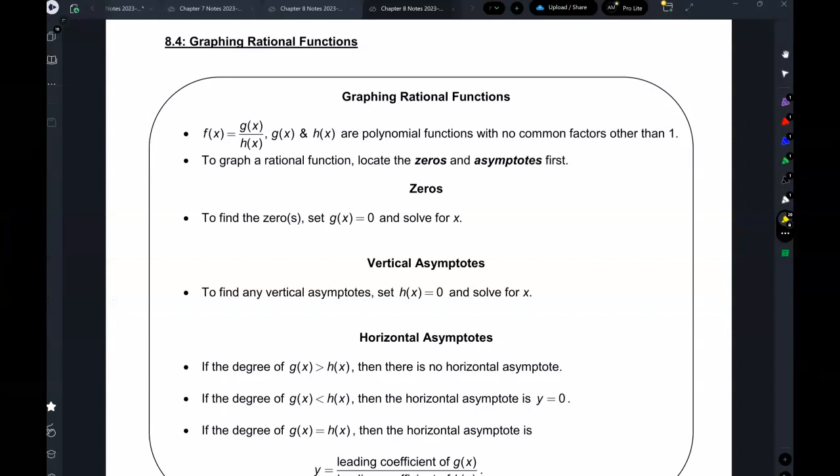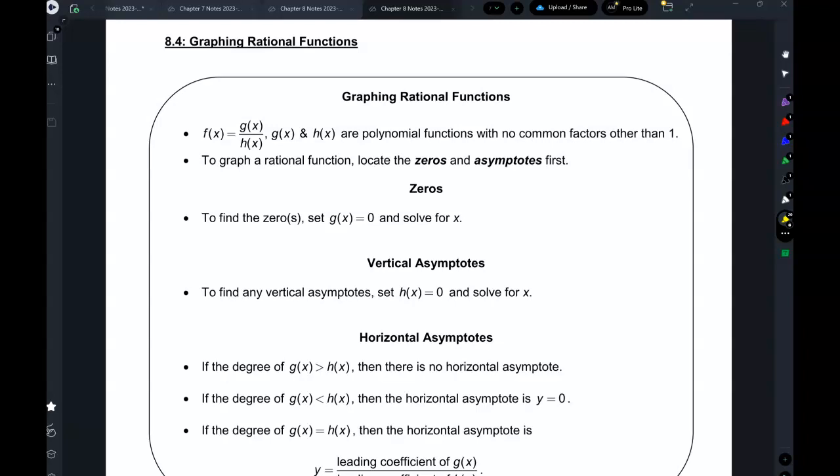Alright, so this is 8.4. Now in 8.3, we started graphing reciprocal functions. So we started talking about horizontal asymptotes, vertical asymptotes, where the domain does or does not exist, and so on. Now we're going to expand that and start graphing